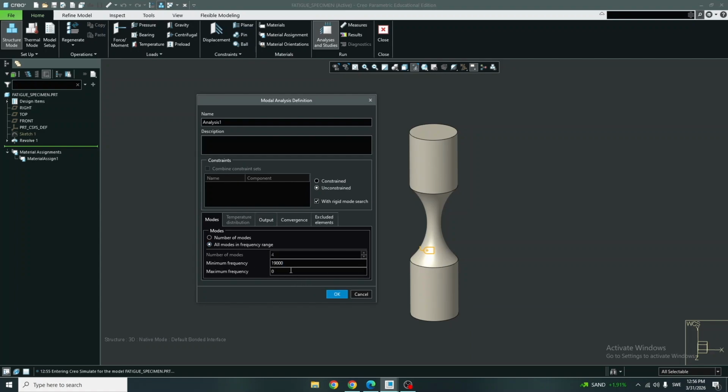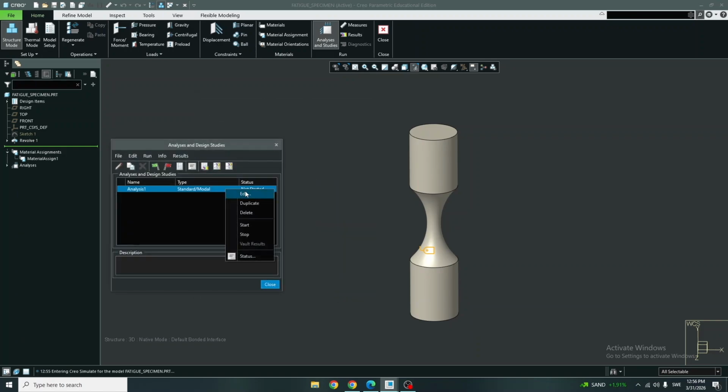You can give it a range too, but let me just say, I'm interested in 2 modes from 19,000 Hertz and forward. You can do different kinds of stuff. You can do single pass adaptive, multi-pass adaptive, but I'm going to change only this one,